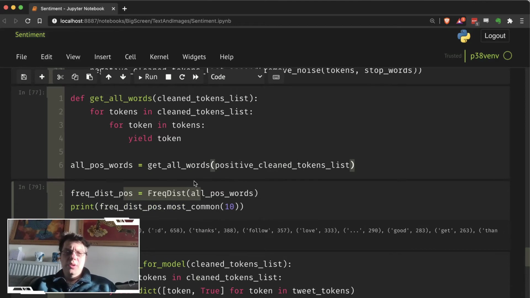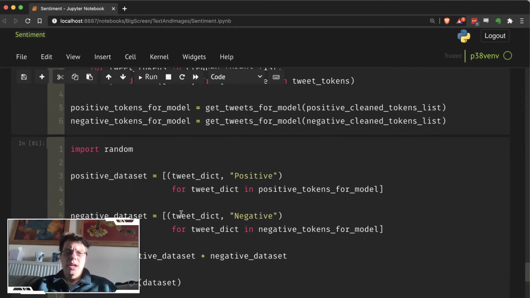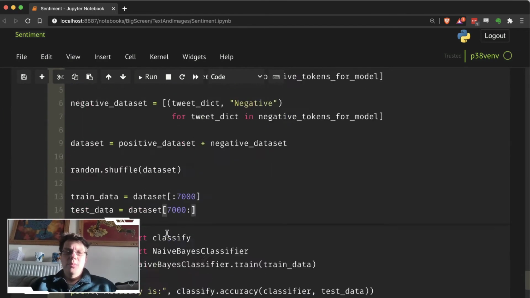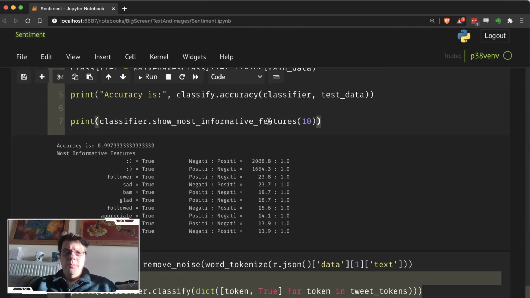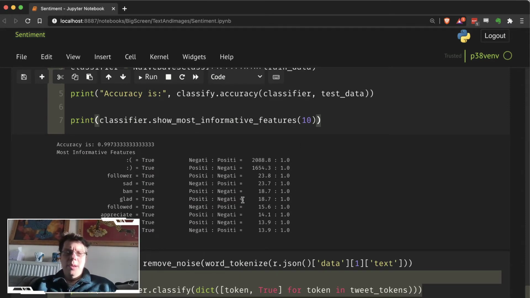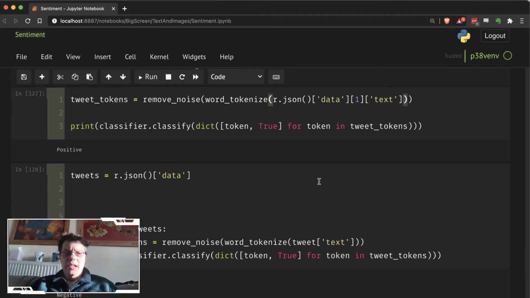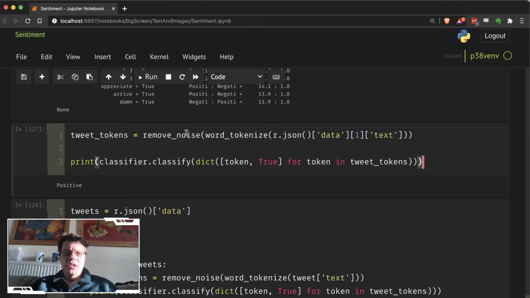We actually don't use the frequency distribution. What we actually do is build a model. So we build this model, and this is where it gets a little bit complicated, and I realize it'll go much more than a 10-minute video. You build the model up, and it doesn't take very long to run, a model of what may or may not appear in sentences. We can now run our tweet against this and say, after you remove noise from it, is it a positive or negative tweet?